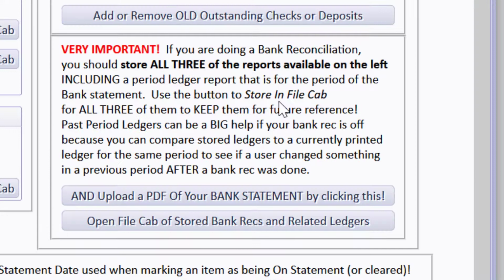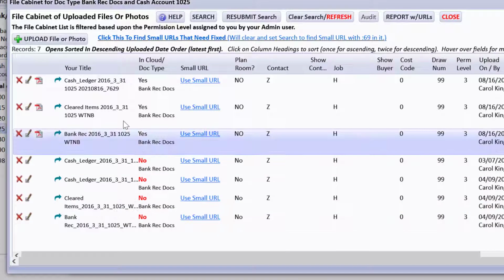The reason I really insist that you should do this is that if next month you come and you can't figure out why you're off by something, it's very possible for some reason, who knows, maybe you went and voided and deleted a check after doing the bank rec that was dated earlier, or you added something else in the month of March that has been changing your bank balance as of the month of March after you do your bank rec. So it's really important to be able to see a file cabinet of all your uploaded things.